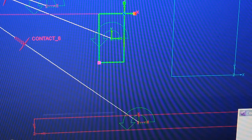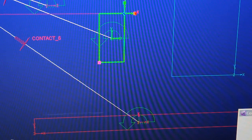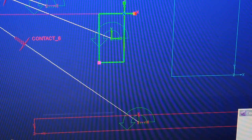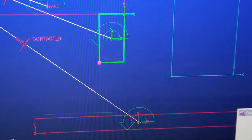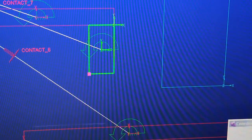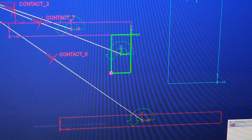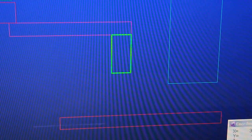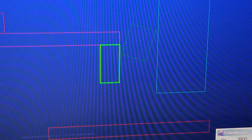And let's go ahead and rename this Guide 1. Okay. Oh, I got the contact in there. All right, so let's go ahead and verify our model, rewind a little bit, and let's take a look at what Mr. Box is doing now. Let's zoom out just a little bit. All right. Got our box coming up, and...